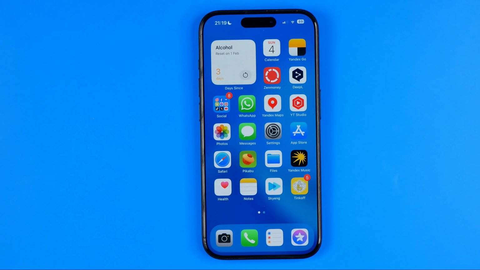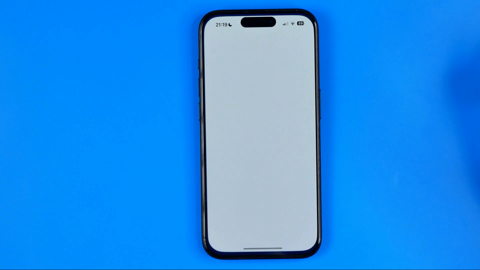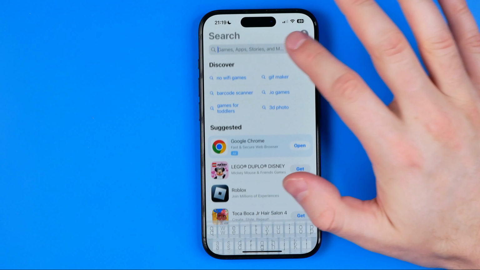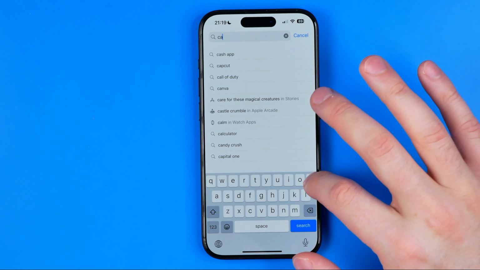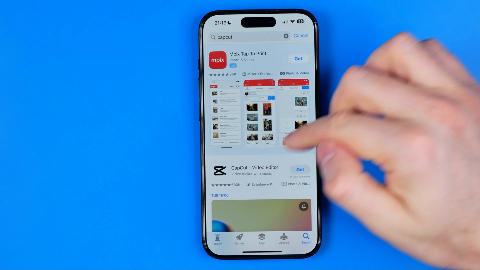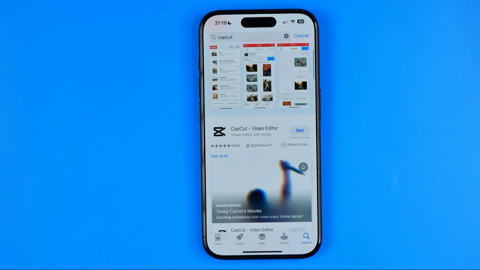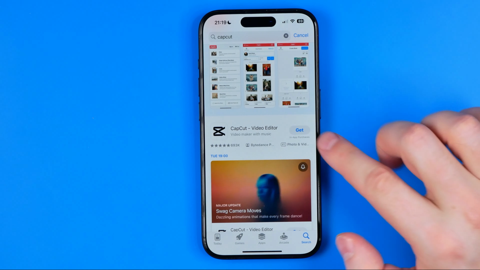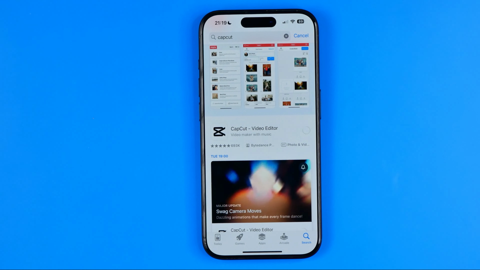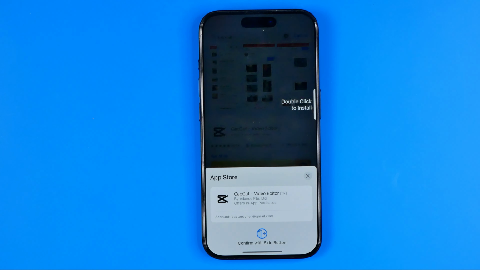On an iPhone, first off, we need to head over to the App Store. In the same way, we can search for CapCut. We can easily find it at the very first position, except the ad. To get this up to our device, we just need to tap at Get and then just confirm the installation